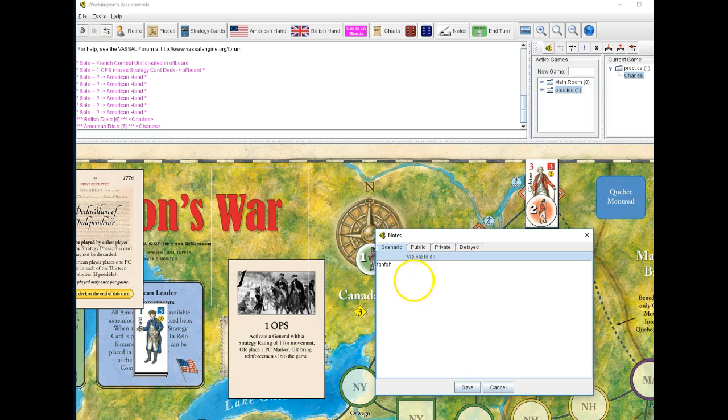So in case you're playing by email, you can communicate through this public area right here. Private is just notes to yourself, like maybe you want to do something next turn, you're playing by email and you want to keep track of what you did during the game. And delayed is used in some games, not in this one, to maybe mark a hidden